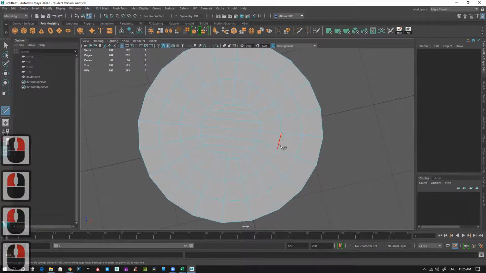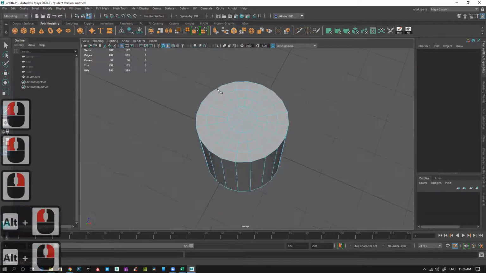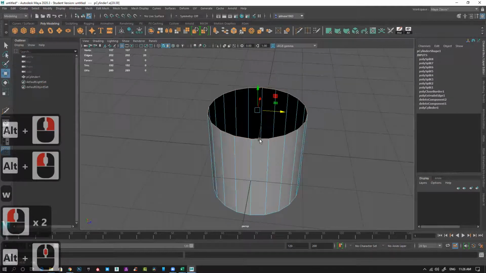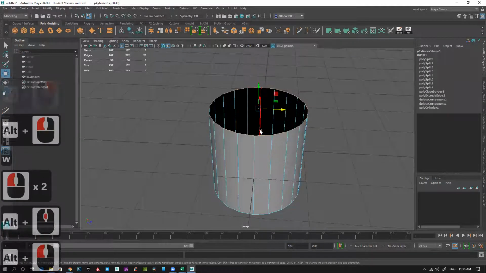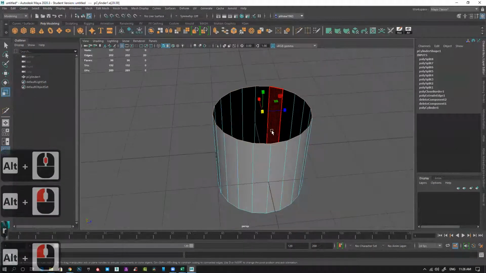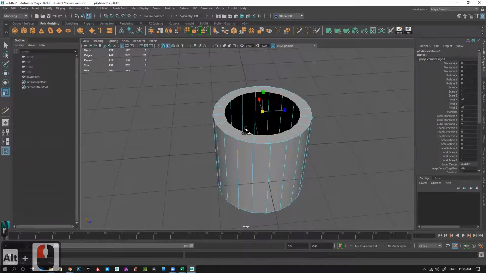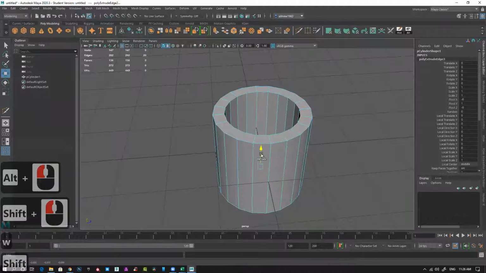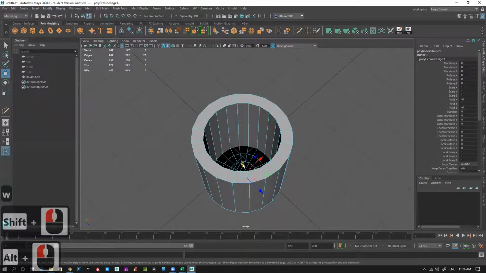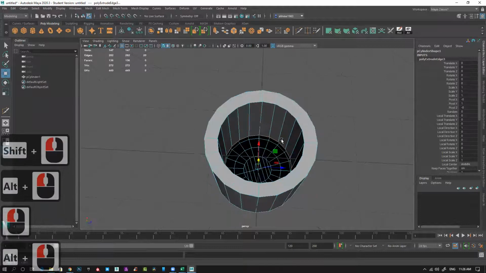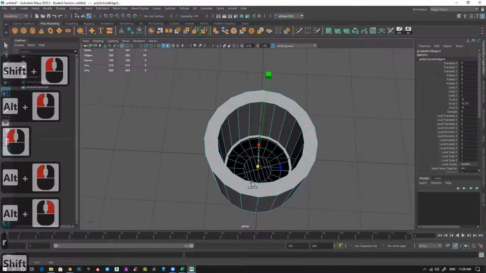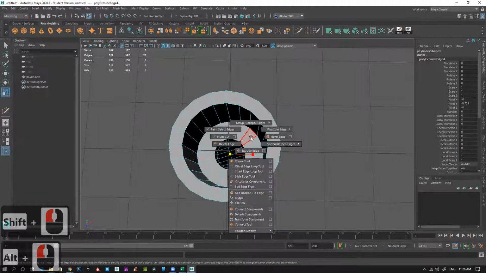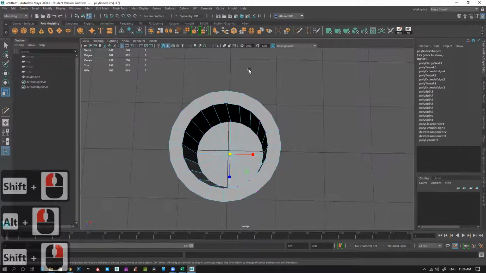So I can just simply connect these two and now it's a perfect quad. Shift double click on edge, R to scale, shift and drag. This also extrudes exactly like Mac. Push it inside and then R. I can do the exact same thing.